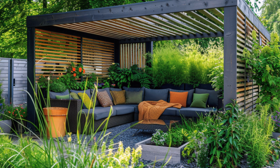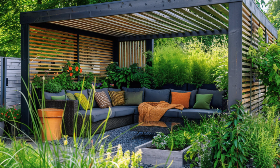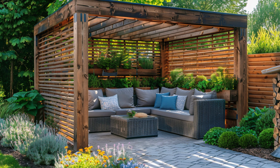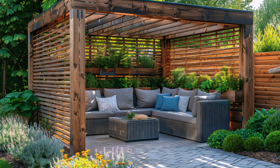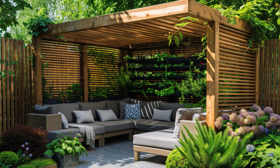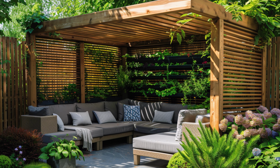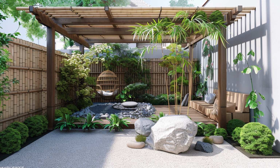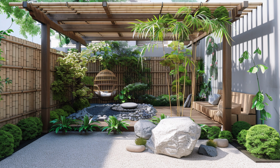Inside, a cozy seating area includes a light-colored sectional sofa, a woven rug, and a stylish glass-top coffee table decorated with plants and fruit. The surrounding garden is filled with vibrant green plants and colorful flowers, creating a tranquil and refreshing atmosphere. The combination of natural textures, wooden decking, soft furnishings, and the transparency of glass makes this space a